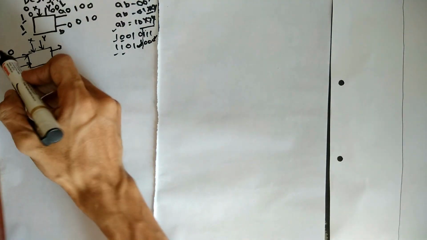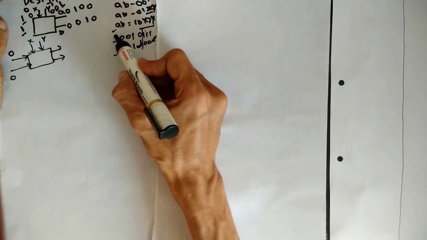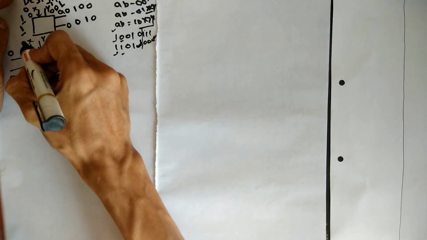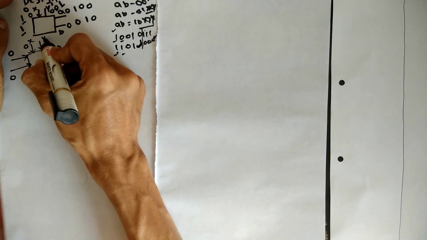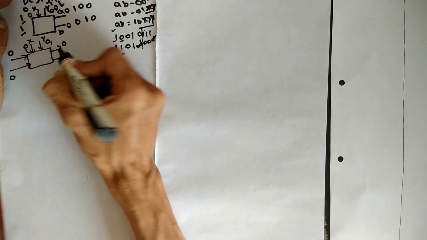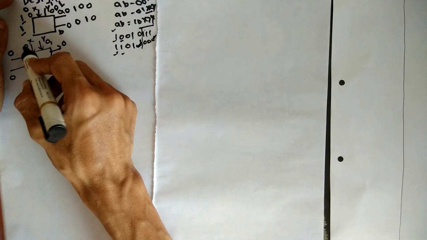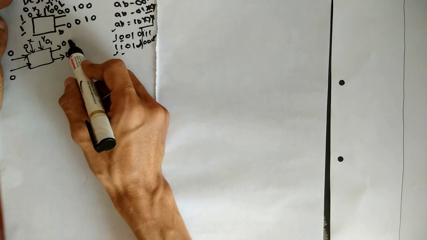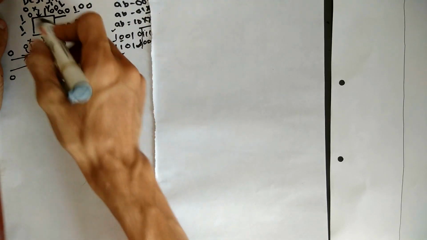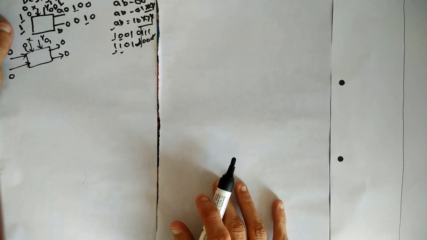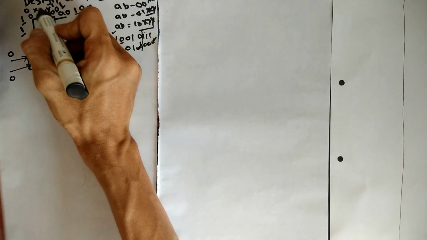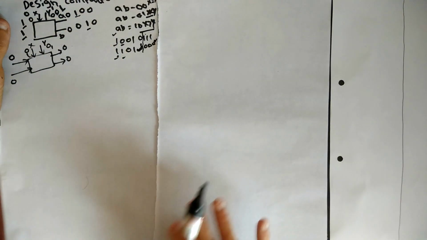Similarly here, if AB is 0 0, the first state is equal, so it depends upon these x and y. If this xy is again 0 0 or 1 1, I will get the AB value 0 0 only. If the x and y values are not equal, then I get the value according to what we discussed first. This is the method of the comparator, where we check the xy value given and, according to that, generate the AB value.